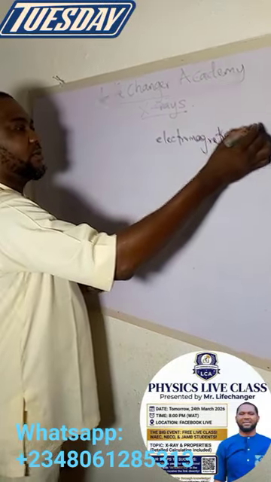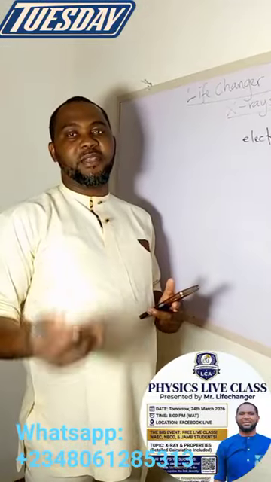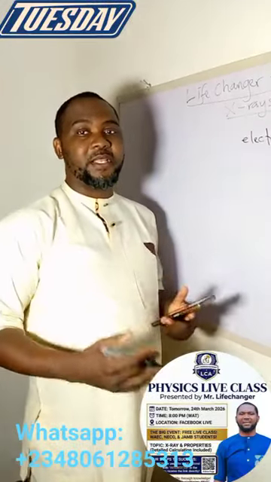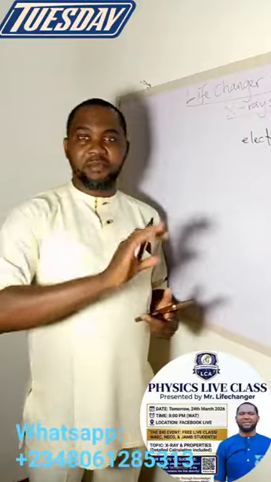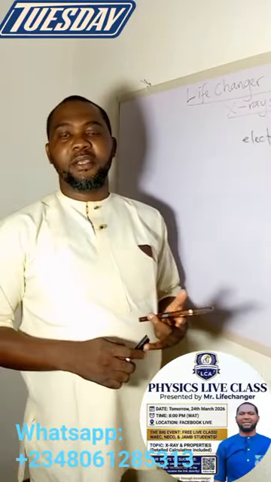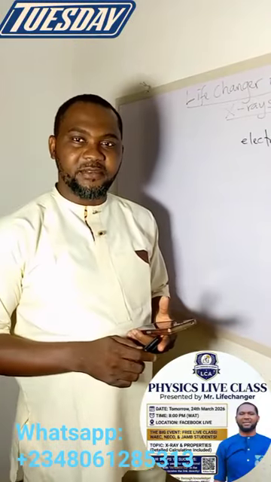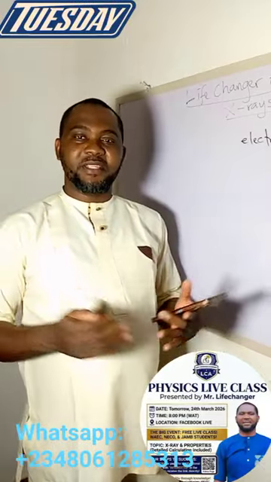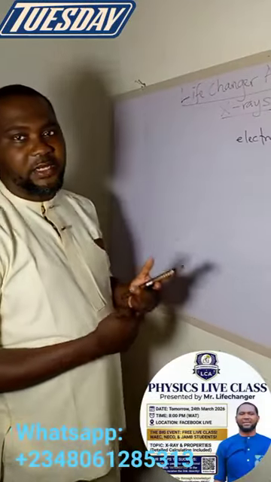Electromagnetic waves are waves that do not require a material medium for propagation. They don't need any material to move. There are actually 7 of them: we have visible rays, microwaves, radio waves, infrared rays, gamma rays, and UV rays. There are about seven of them. So X-ray is an electromagnetic wave.